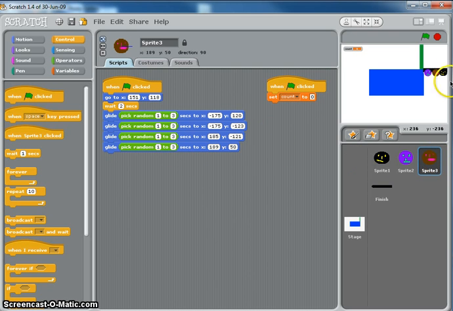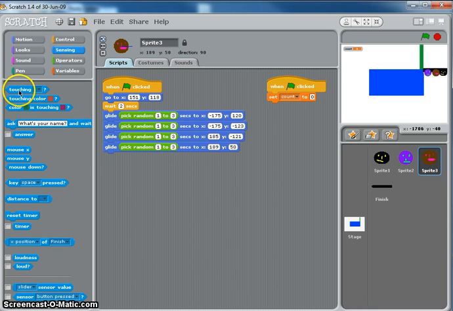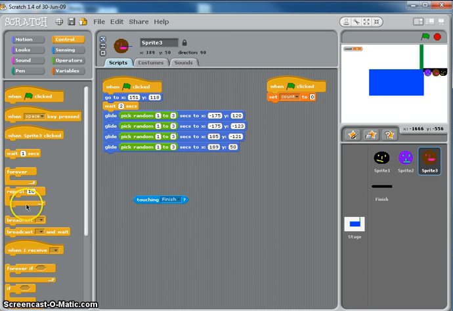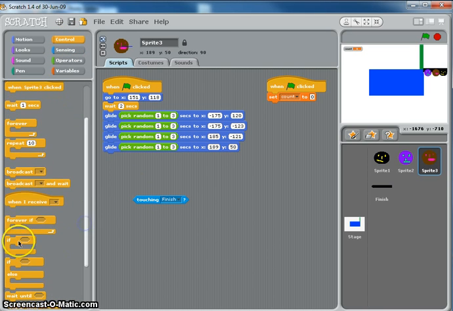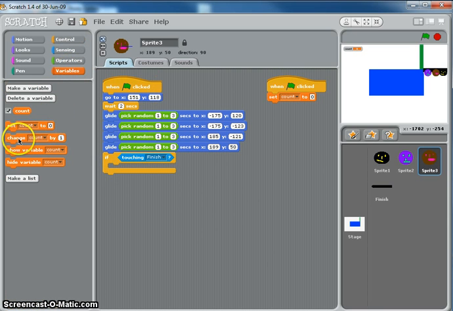Now, each time each one of those touches the black line or the sprite right here, we want the count to change. So we're going to go to sensing and grab a touching right here. If touching finish line, and you go back to control and grab an if statement, just a regular if statement, not if else. If touching the finish line, we want to go back to operator, and we want the count to change by 1. So every time a sprite touches the finish line, the count is going to